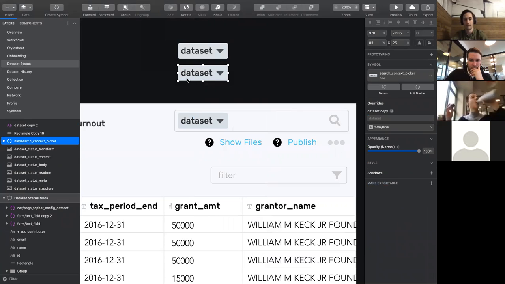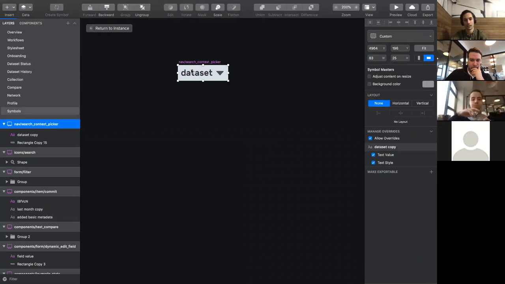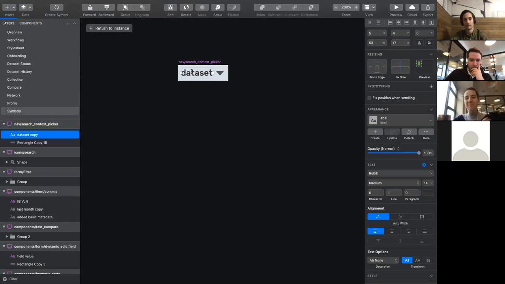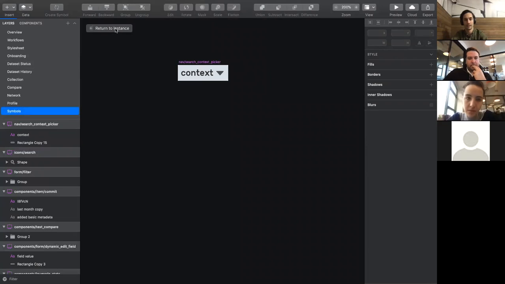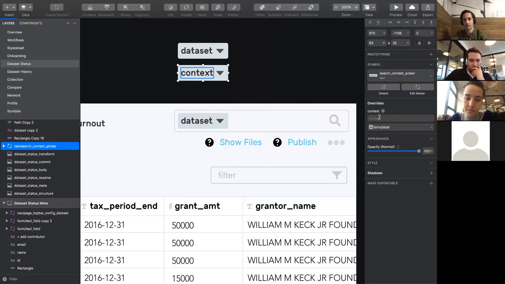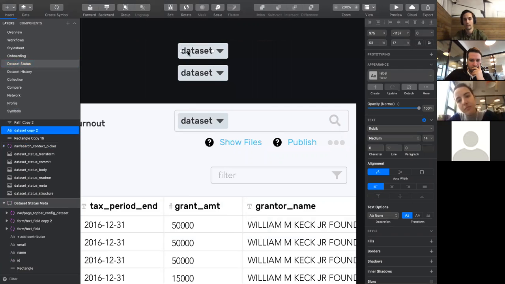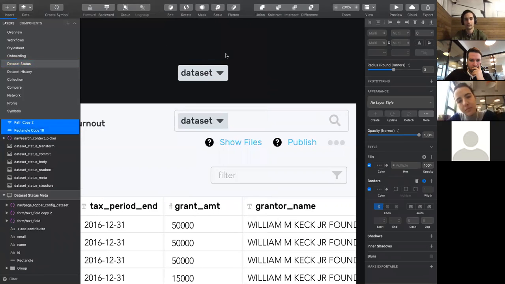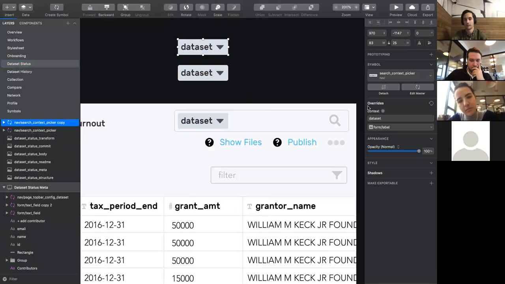Cool. And then I'm gonna make this also turning into a dynamic demo of Sketch. I'm going to rename this to its generic phrase, context, and I'm going to return to an instance. This is not going to say context, but then I'm going to turn this into an override, and it's going to say data set. Cool. And then I'm going to get rid of this. I'm going to do this. This is going to be data set,